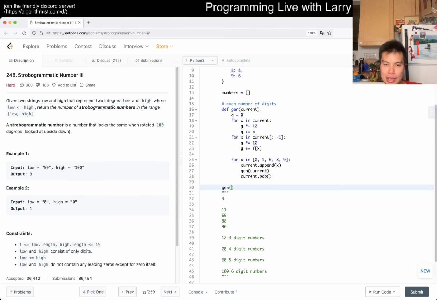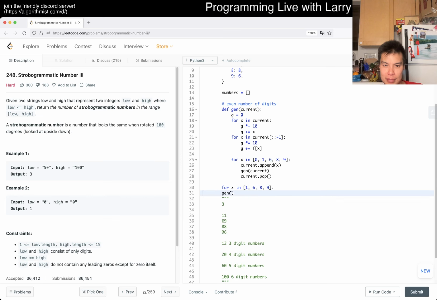So gen, we just now gen with... let's kick it off. Oh, this is the even number of digits, so it has to be 1689. It's a little bit awkward still, even in the whatever, right? And then now let's take a look at